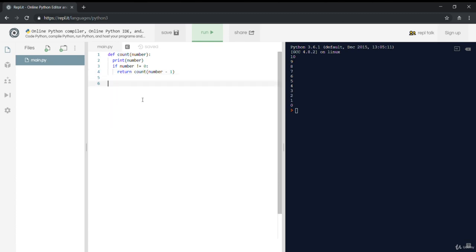So what does that mean? Let's look at it. All right, so it goes from 10, 9, 8 all the way down to 0, okay? So this is a way where you can actually call this function count. This is the same function as here, and all it's doing is once you call this, it's going to go back in here and recursively call the function, okay? This could mean a lot, and we're actually going to look at an example